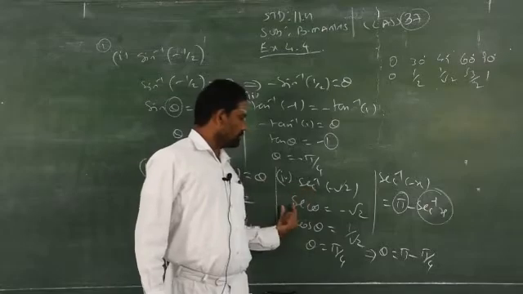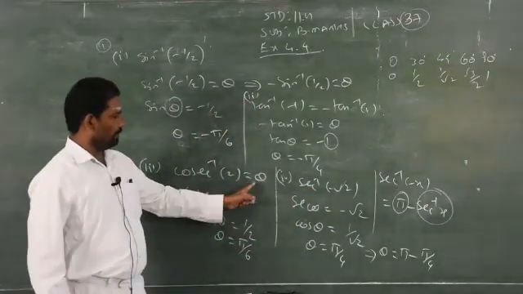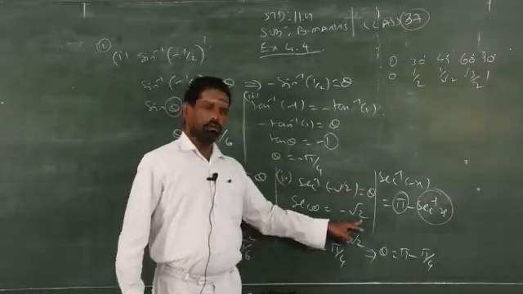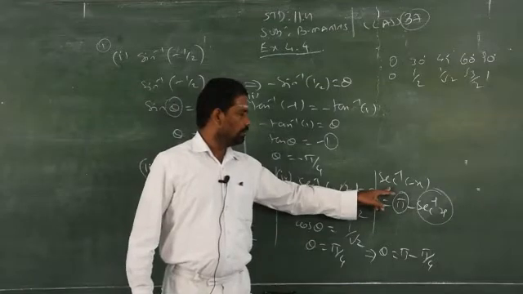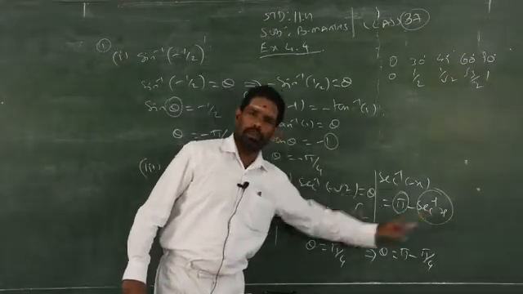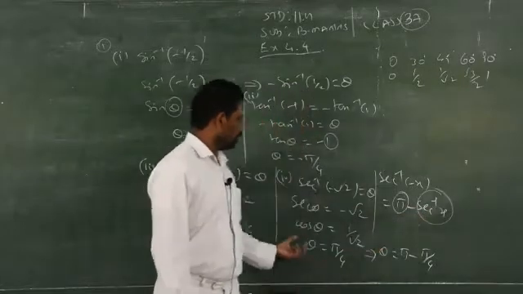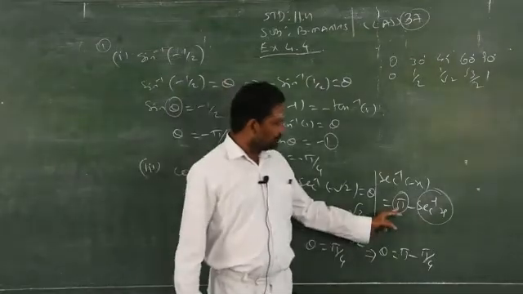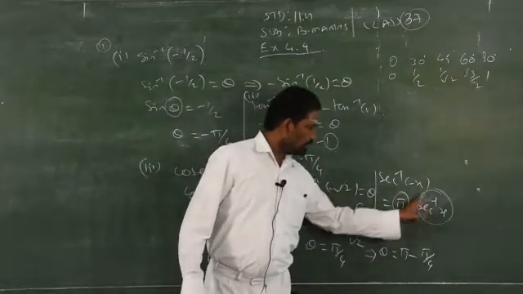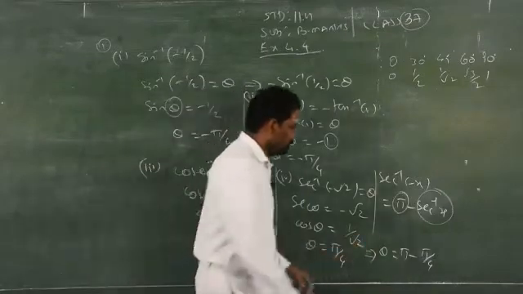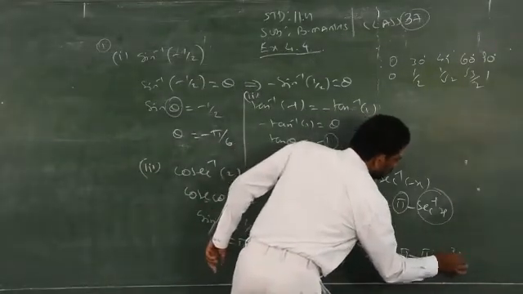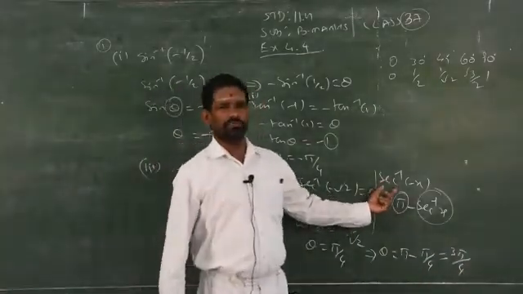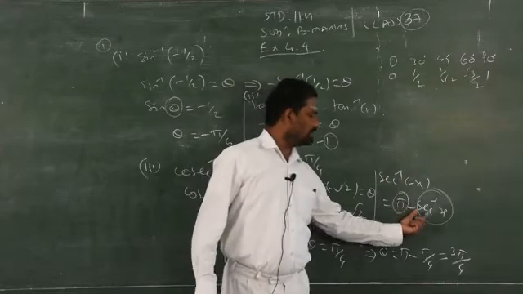Bring the secant inverse to this side, I am doing it straight away. Theta. So secant theta is equal to minus root 2. So we have the property secant inverse of minus x is equal to pi minus secant inverse of x. So I am finding the answer for secant inverse of x by using this concept. I got theta is equal to how much? Pi by 4. Then apply this property. Pi minus, what is the answer for secant inverse of x? Pi by 4. So simplify, you will get 3 pi by 4, that's all. So this is similar for cos inverse also. Cos inverse of minus x is pi minus cos inverse of x.